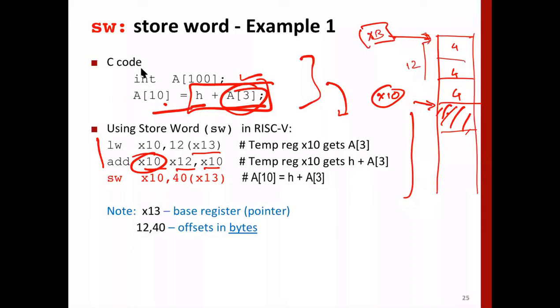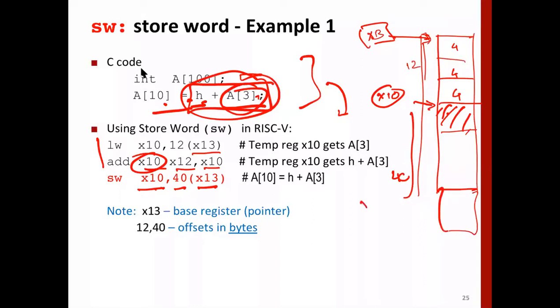So now this becomes the source register: the contents of whatever we have done, this addition, available here in register x10, and move this to the location array element A10. The offset for this will be 40. And this is the base register. So go down here with offset 40 and store the value of x10 at this location.